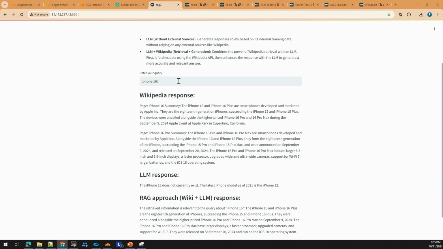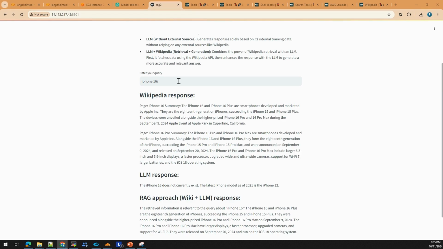And when we ask the same question to the LLM, it says iPhone 16 does not exist because, as we all know, LLMs don't have the latest current information. iPhone 16 got launched last month in September 2024. So the LLM doesn't have any idea about that information. That's the reason it just says